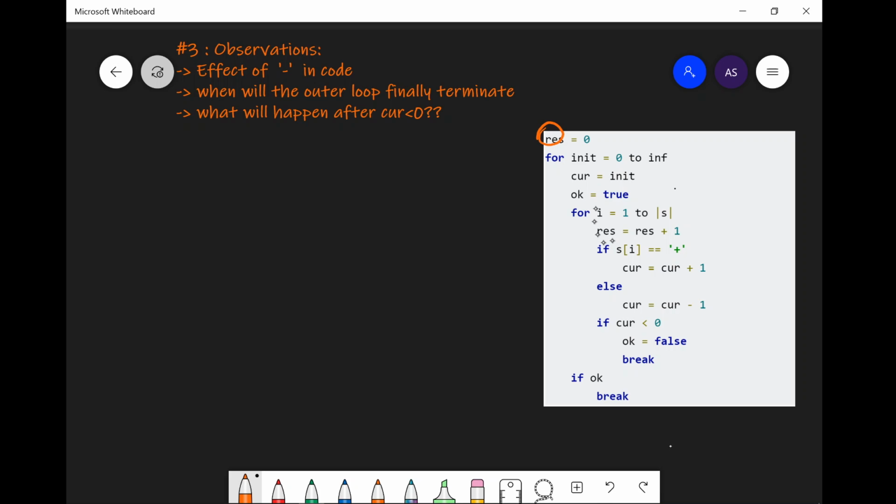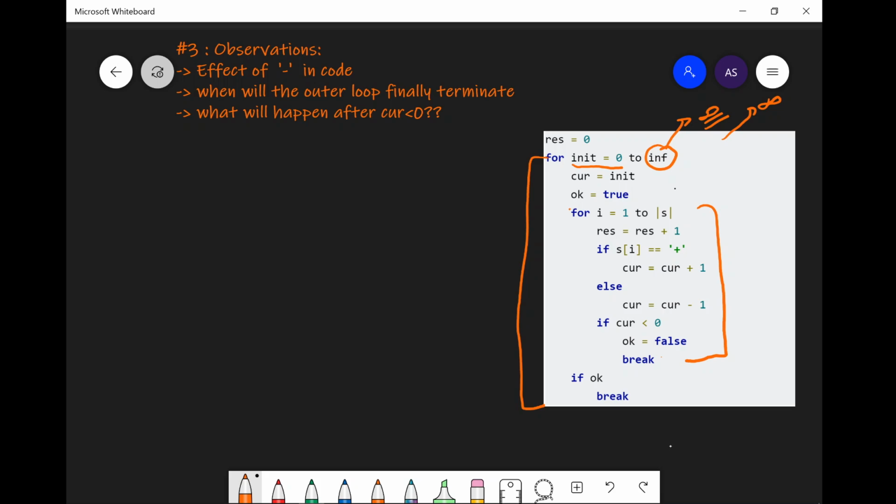For this we have to make some observations in this pseudocode, and these observations are listed here. One by one we will see how these observations are made. There is a bigger for loop which starts from 0 and goes to infinity, which in the question is given as some big value. This loop is infinite, but somewhere in the middle, due to the break conditions, it would be broken.